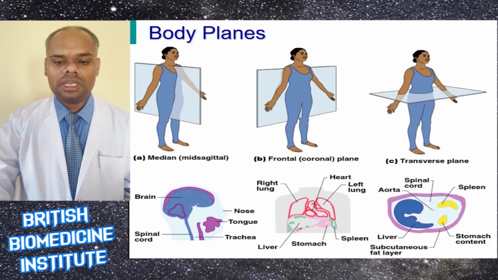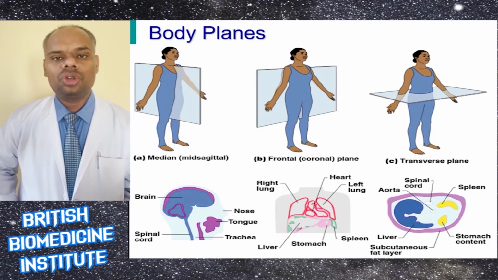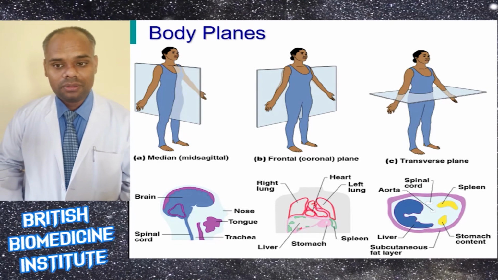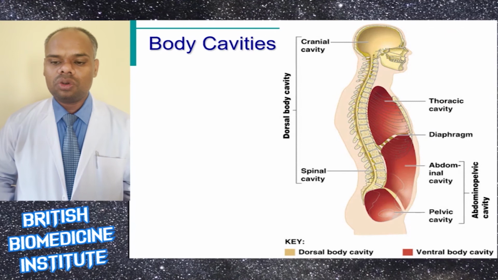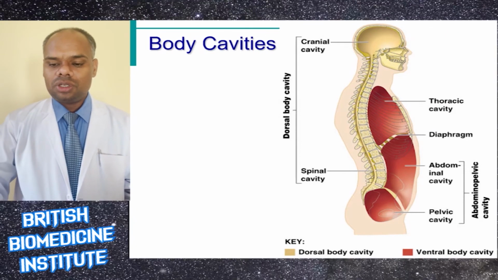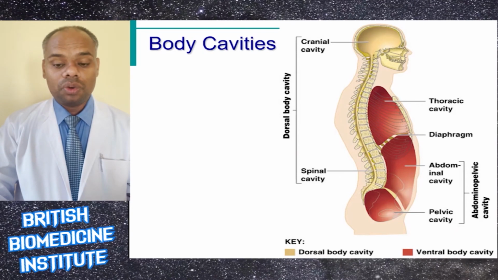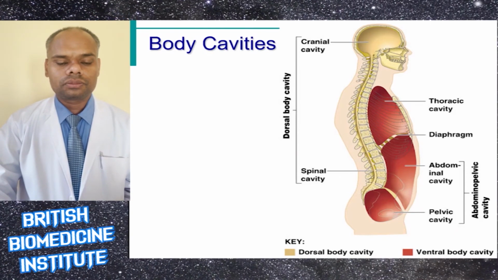Next is the body cavity. The body cavity is basically divided into the thoracic cavity, diaphragm, abdominal cavity and pelvic cavity, also known as the abdominopelvic cavity. So there are basically two types of cavity: the dorsal body cavity and the ventral body cavity. Next is